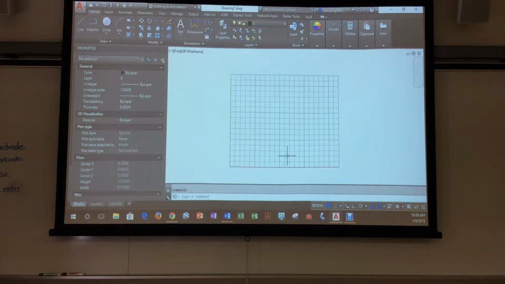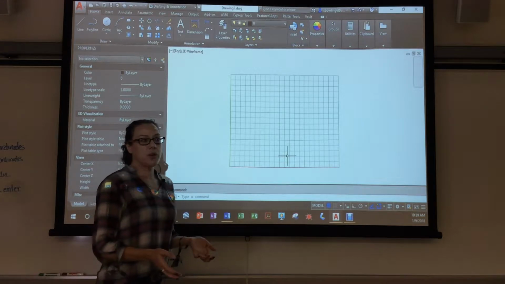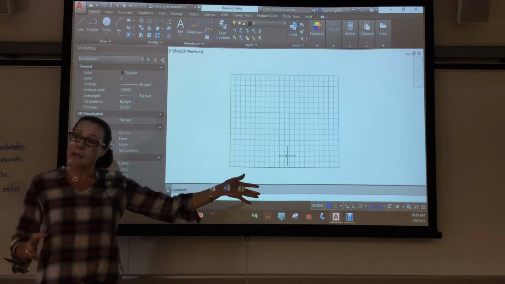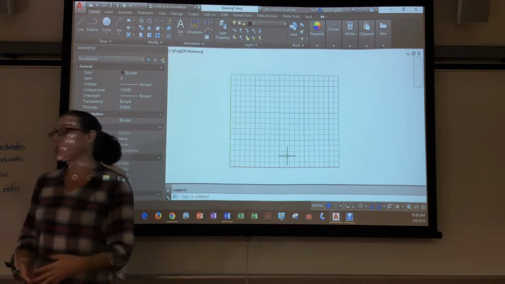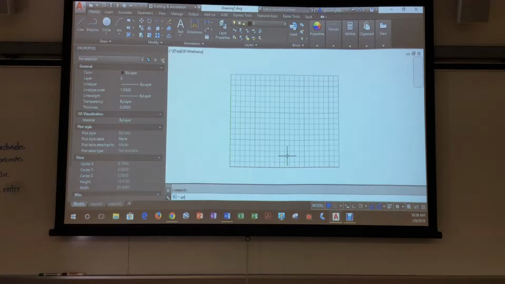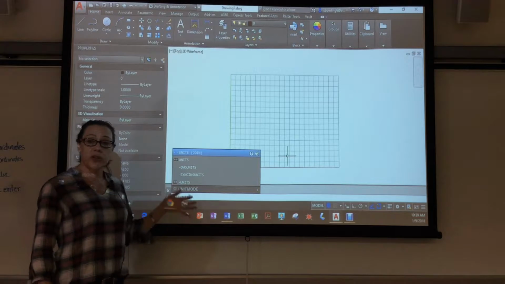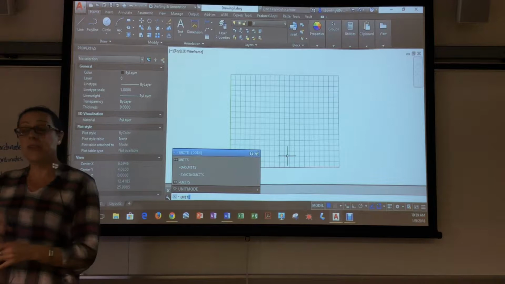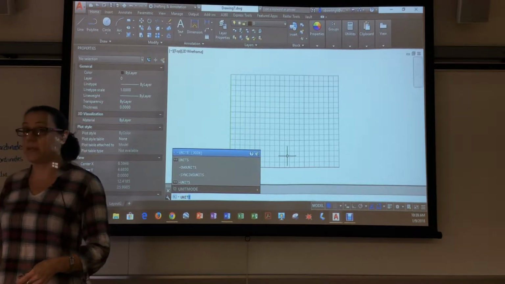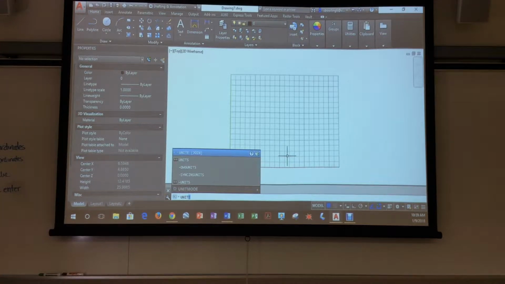Now, here's the thing. We also have to create our template starting out to be on the same page as the other AutoCAD class. They have a thing called units. What units do we want to work in? If we're in a mechanical drafting class, our units are usually going to be inches, or we're going to work in millimeters. If we're working in millimeters, then create an ACAD ISO template. When we're working in inches, when you type in units,